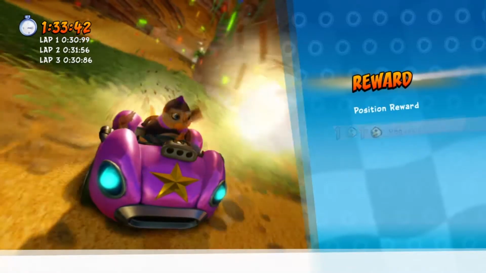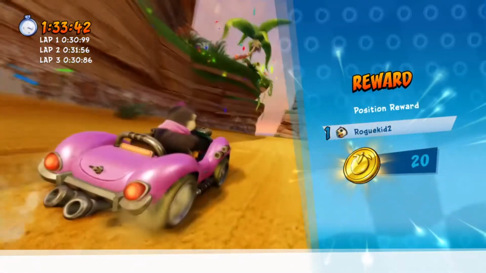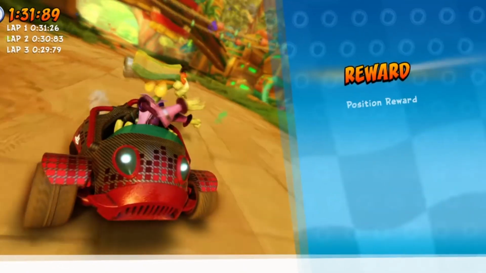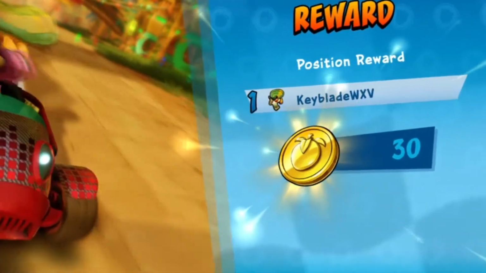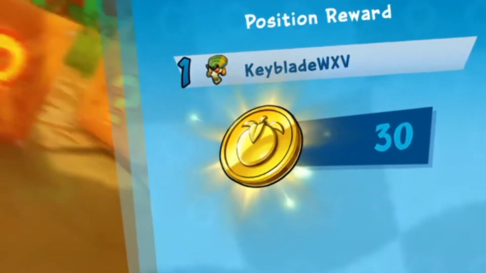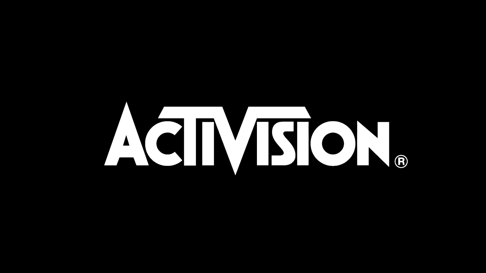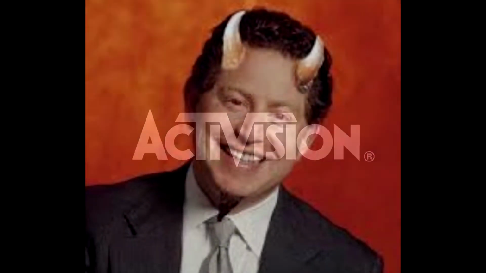So imagine you're only getting 20 or 40 coins per race, despite fighting your way to get into first place. Not only is it incredibly underwhelming, it also means that the grind required to even unlock a single item in the pit stop becomes incredibly tedious and obnoxious. But of course, the solution to this in Activision's eyes is to implement a Wumpa booster system that requires real